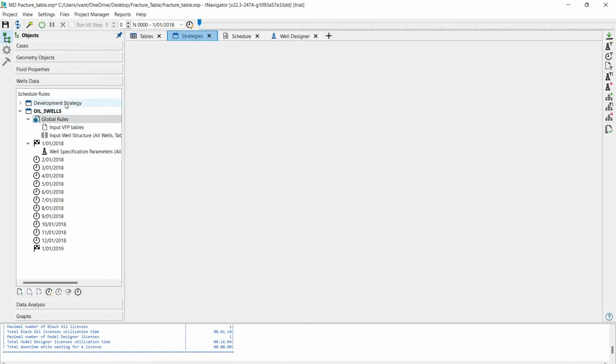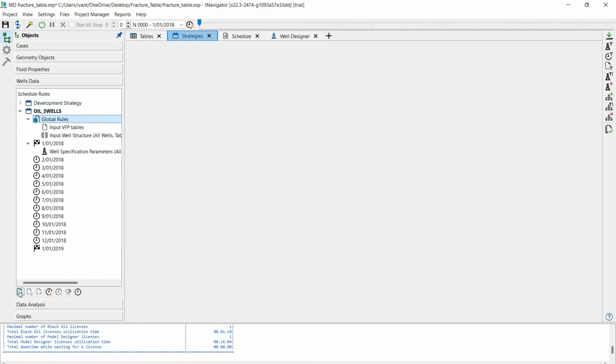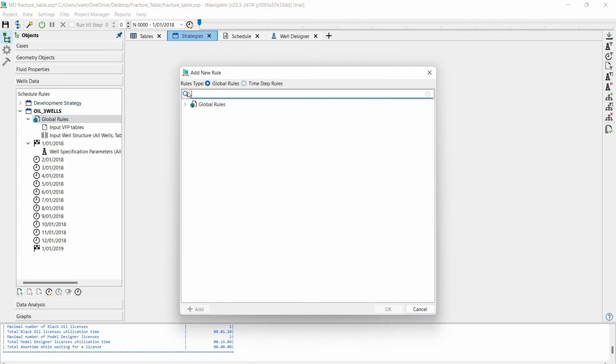Here we have already imported the strategy named oil underscore 3 wells. The global rules initially have input VFP tables, input well structure tables, and we're going to add new rules here. These are a few rules that we have here: enable fracture tables and gas lift optimization, assign RFT, PLT, RST log, well operation at 0 rate, and we're going to add enable fracture table,